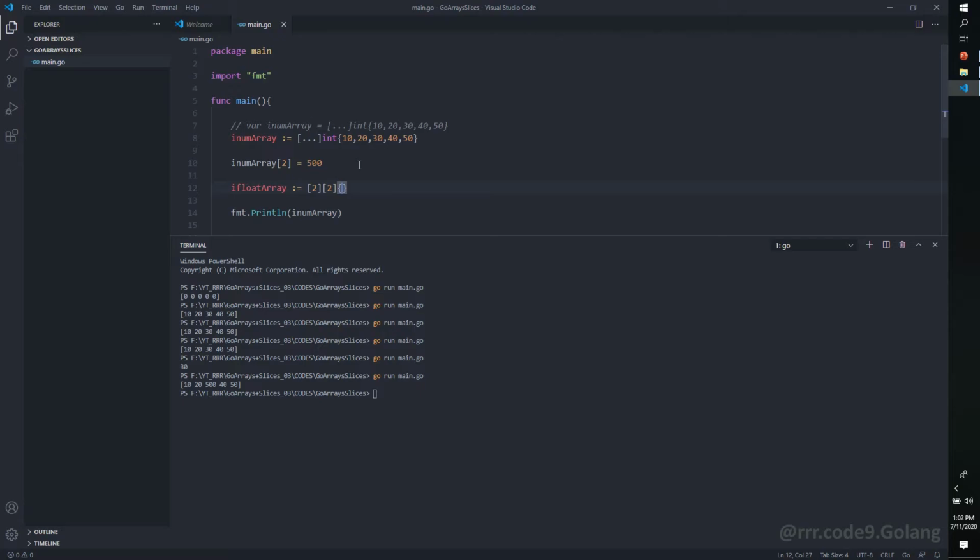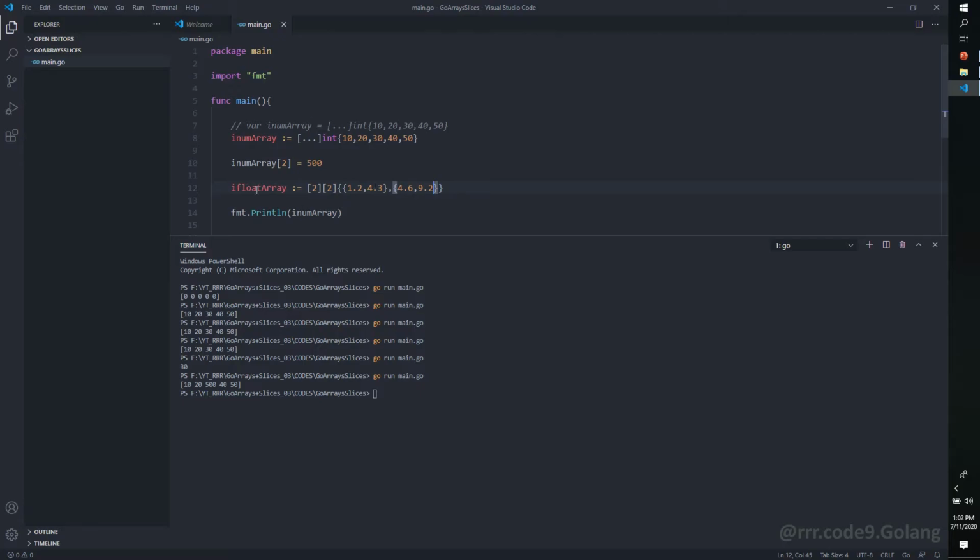Let's assign some elements to this array, some floating point numbers. We can mention like 1.2, 4.3, and 4.6, 9.2.